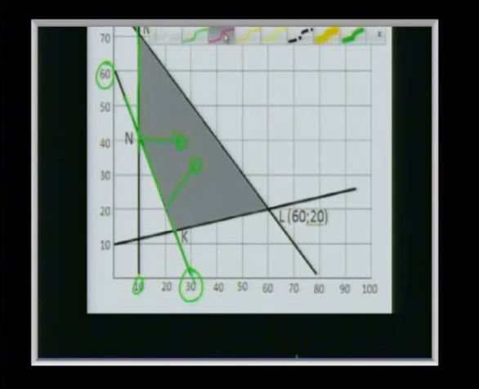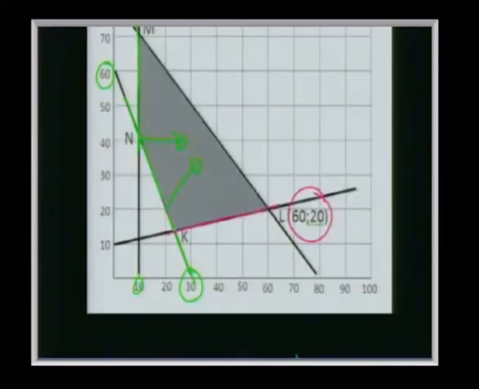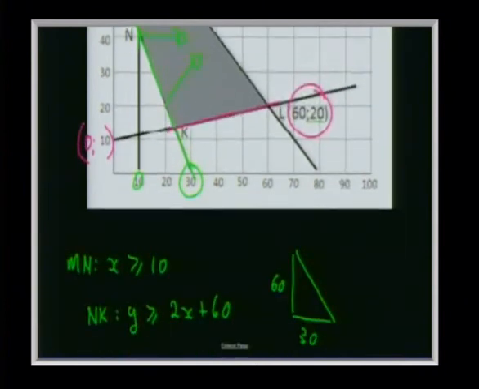Let's have a look at this line over here, the line KL. Well, they only give us a y-intercept. They don't give us the x-intercept, but they do give us a second bit of information. So from the point 0, 10 to the point 60, 20. Well, I'm going to do it the old-fashioned way because I don't have my two x-intercepts. So the line KL,